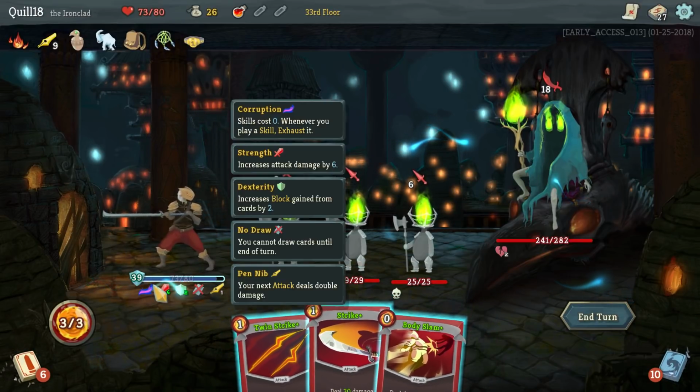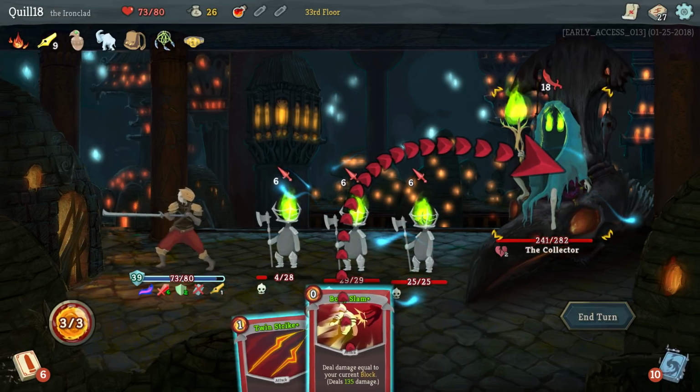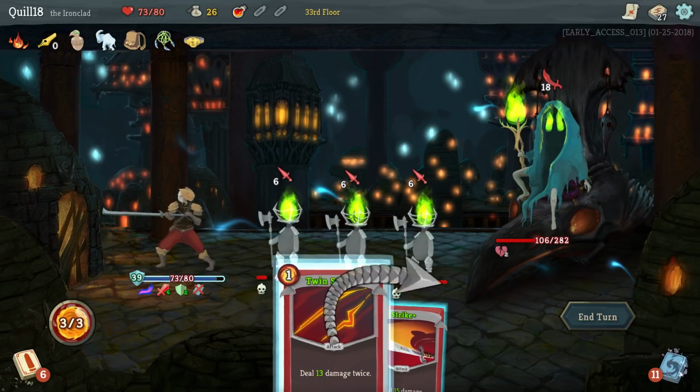Oh my god, Pen Nib is active? For a 90-point body slam? Alright, we'll turn that on the boss. Oh, he's vulnerable! 135. Could we...